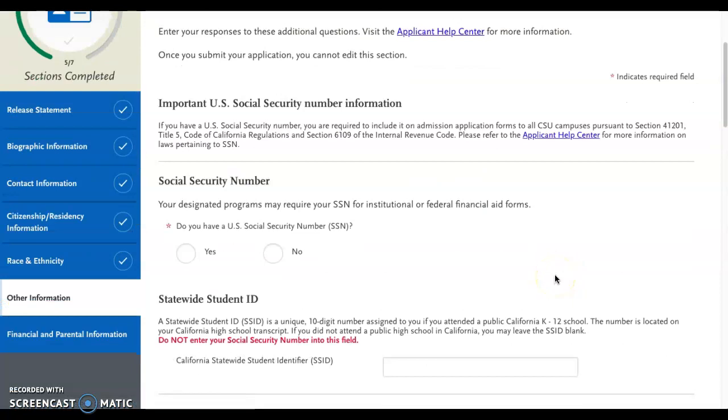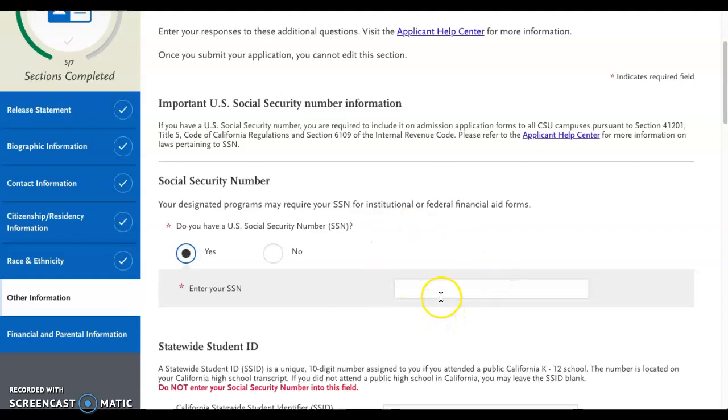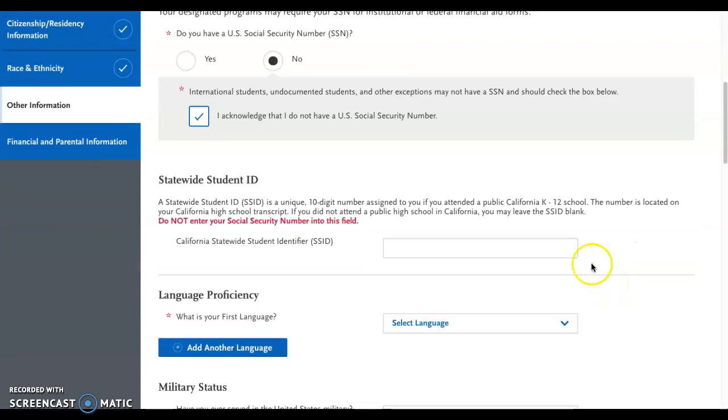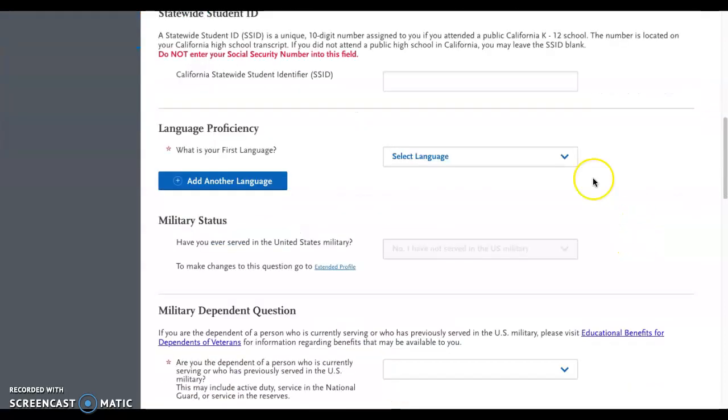Then you will be asked to include your Social Security number. Please note that it is not a requirement to have a Social Security number. However, if you have one, you do want to enter it here. But if you don't, you just want to indicate no and acknowledge that you do not have a Social Security number. The statewide ID is a number that you will find if you went to a California high school. However, if you don't have access to your transcript, you can leave this option blank as it is not a required field. You will also want to answer the following questions about what your first language was,